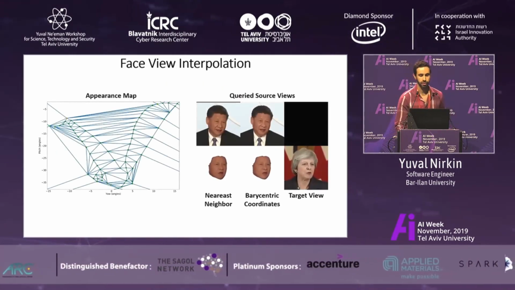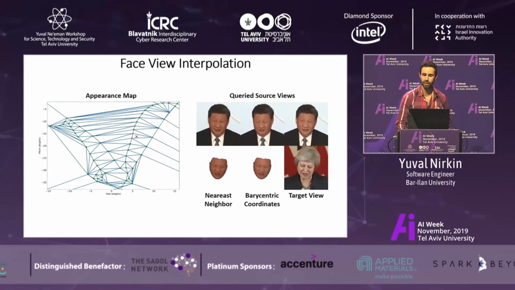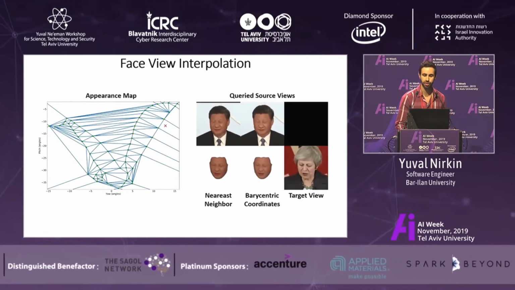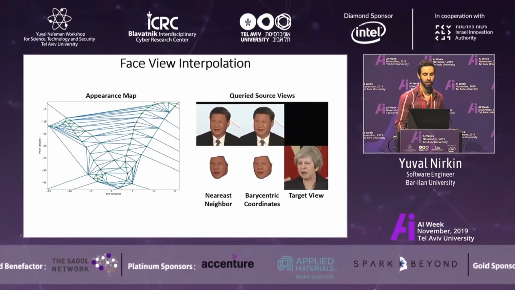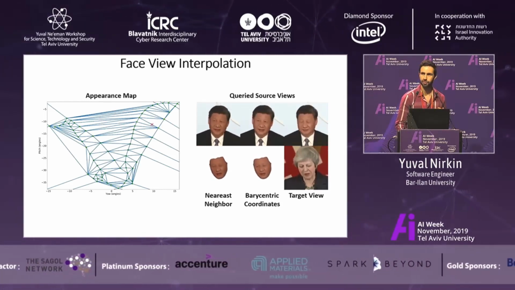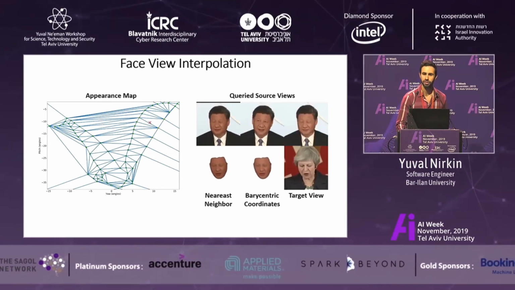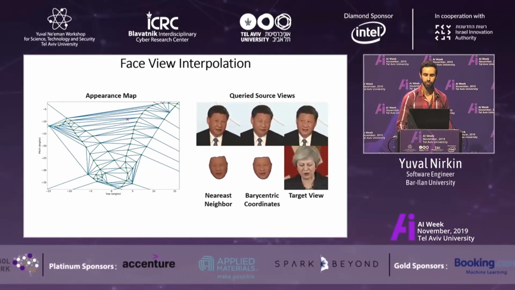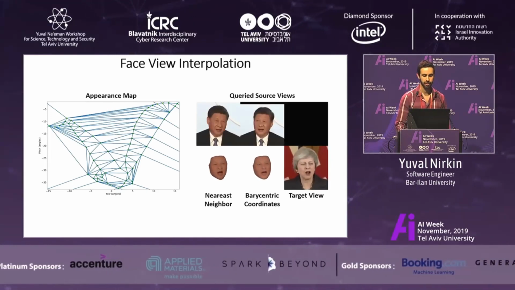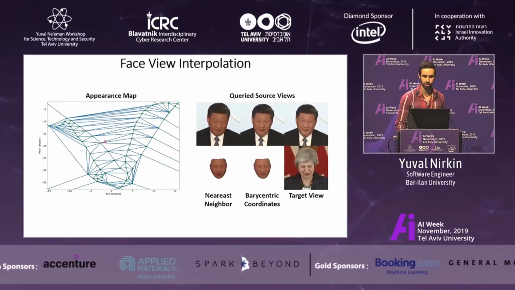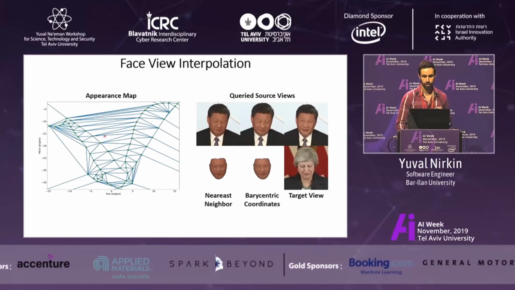Given a video of the source subject, we would like to utilize the entire information in the video without specific training. For that, we propose face view interpolation. Using Delaunay triangulation on the face poses, we construct an appearance map of the source face. To interpolate between the source face